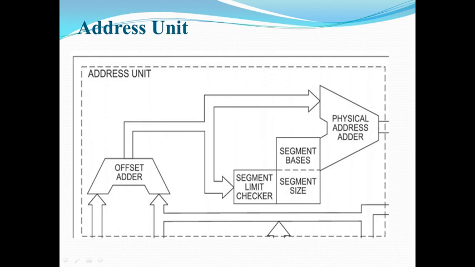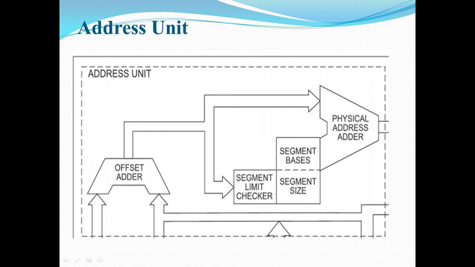In case of 8086, this was done by the BIU only, and in case of 80286, the physical address computed by the address unit is handed over to the bus unit. The bus unit is a separate unit where we are directly sending the address or data. So let us see which are the parts of the address unit.